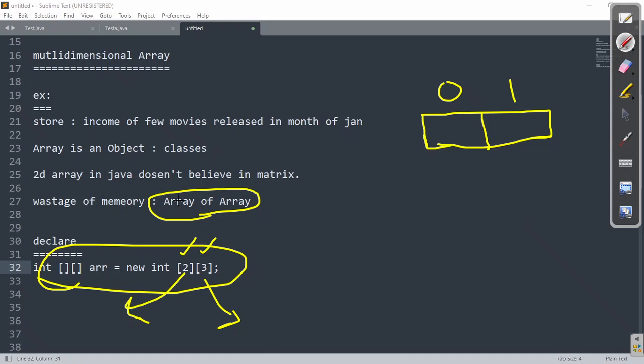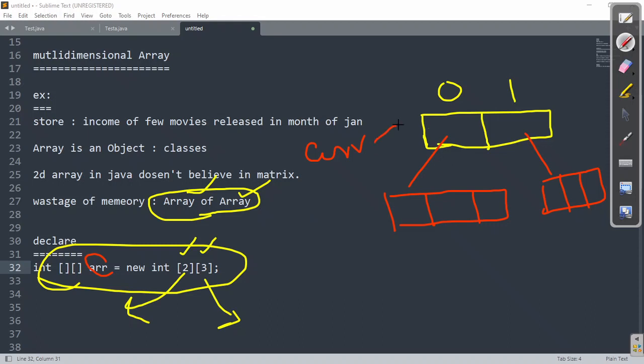x of 0, as we say, array of arrays. This is now an array, this is also an array. Now this particular one, let me change the color. This particular one will be pointing to one more single dimension array having how many cells? 3 cells. Similarly, this one will be pointing to another one for 3 cells. And ARR, as I have declared with the name ARR, is a reference variable to this. Got my point?